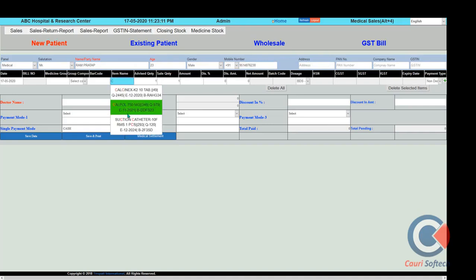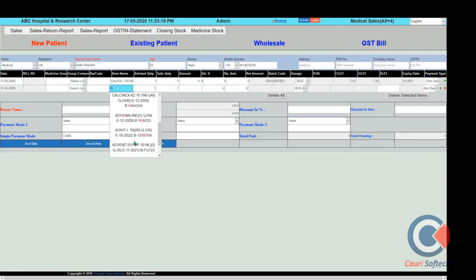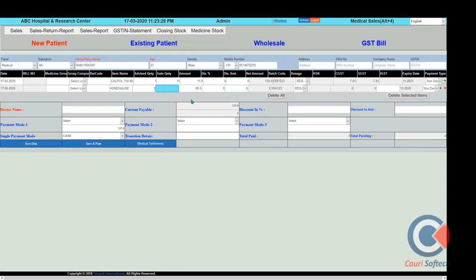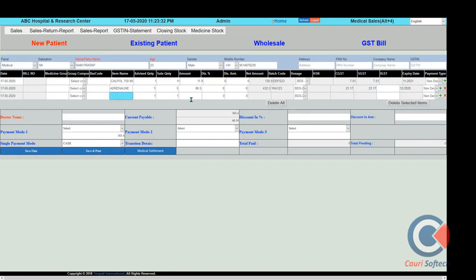Put the item name which we are going to issue to the patient, and the medicine quantity, how much quantity you want to take. There you can see when we type the medicine name, the quantity, expiry, batch number, and indication are also shown. So the selling user can decide which medicine to sell, what the cost is, and what the expiry date is, and this way we can issue the quantity to the patient.